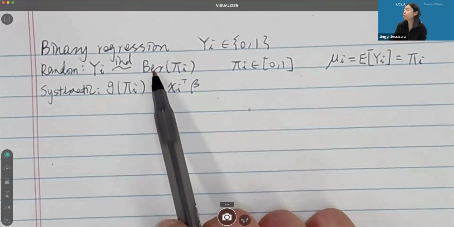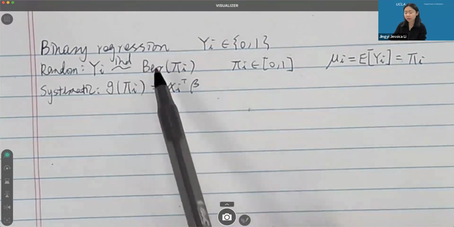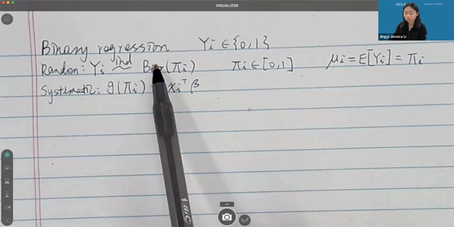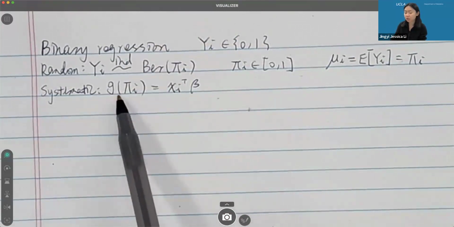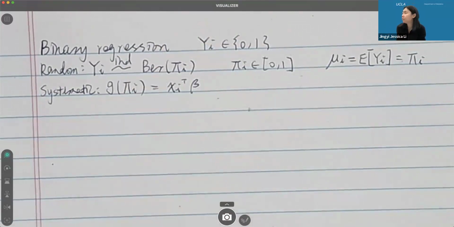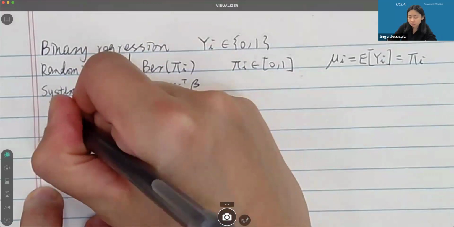And the distribution goes from Gaussian to Bernoulli. It's called generalized, so that's why it's the generalized linear model. And the generalization of the distribution would also let us generalize this g function. For the linear model, the g function is just the identity function, no transformation. But now we use a monotone transformation. So here we want to discuss some other types of binary regression besides logistic regression by focusing on other forms of g. Recall that for logistic regression,